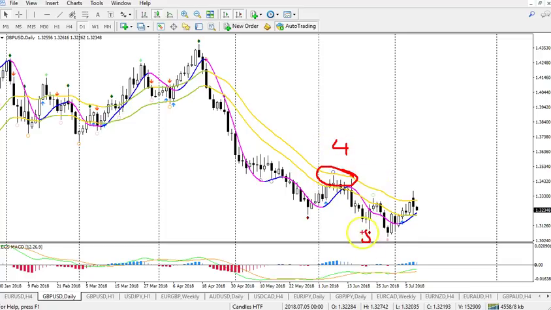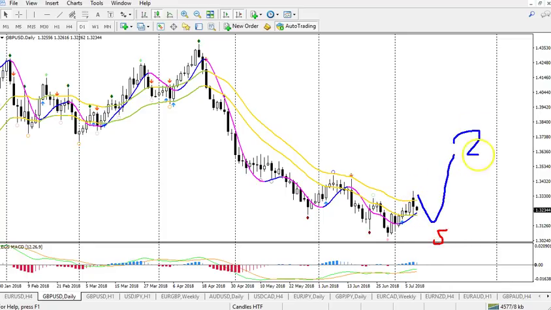So this could be still a wave 4, although I think that personally this is probably the wave 4 and this was a wave 5, and that price is now going to make a bigger correction for a wave 2, and here's a wave 1, and down we go for a wave 3. But it's also possible that price could be in a wave 4 and it still makes one more lower low for a wave 5. So I think some downside is likely, whether this is a wave 5 or whether this is a pullback for wave 2.